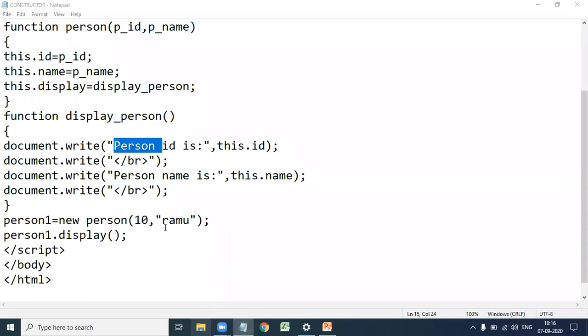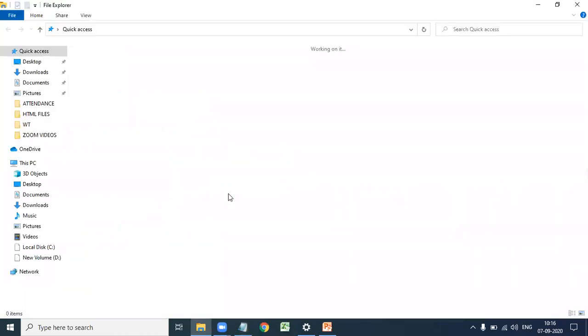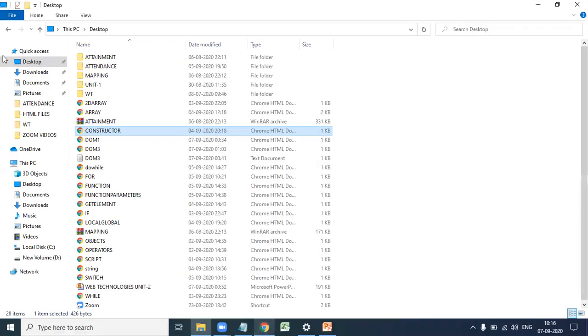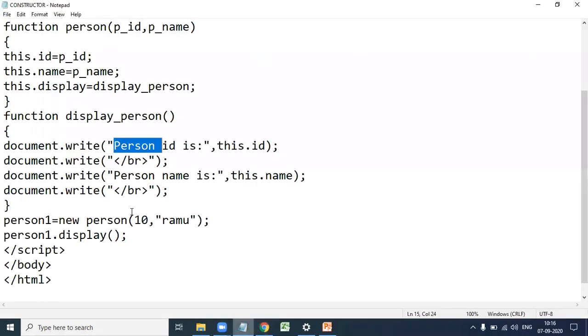Now we execute this one. See here, person ID is 10, person name is Ramu. Those are the values we passed to the constructor.